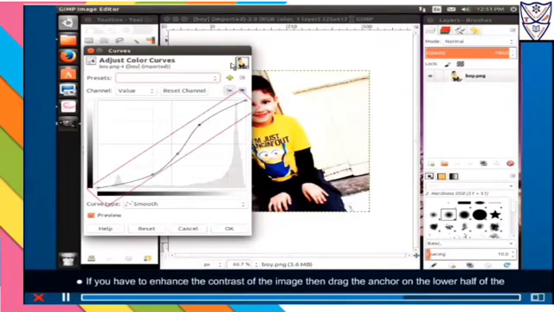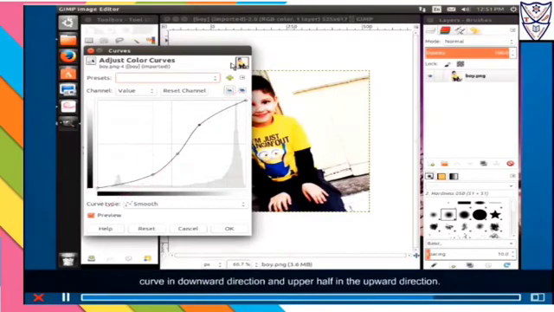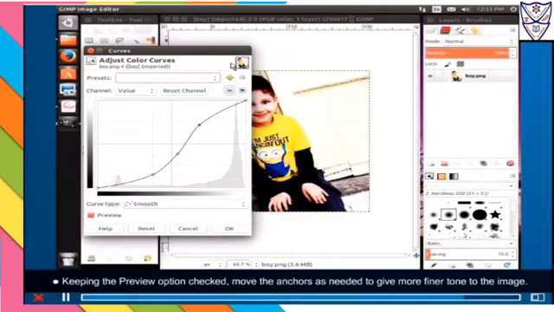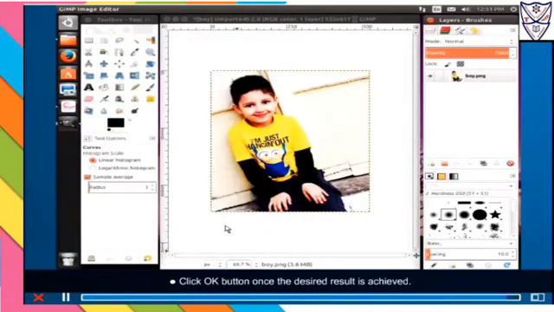If you have to enhance the contrast of the image, then drag the anchor on the lower half of the curve in downward direction and upper half in the upward direction. Keeping the preview option checked, move the anchors as needed to give more finer tone to the image. Click OK button once the desired result is achieved.